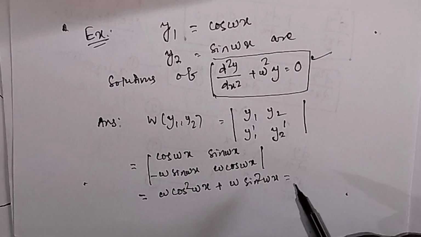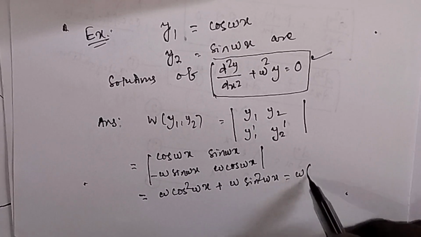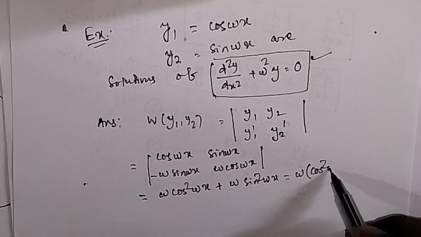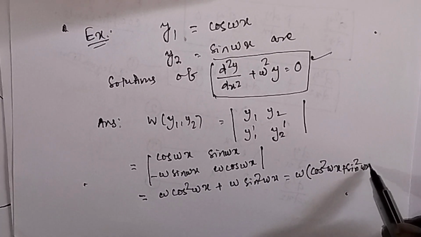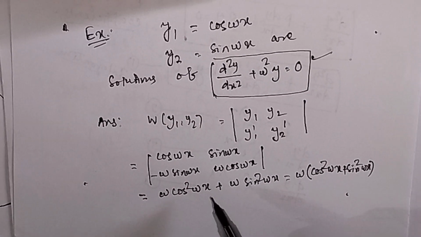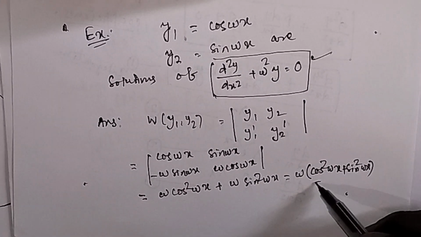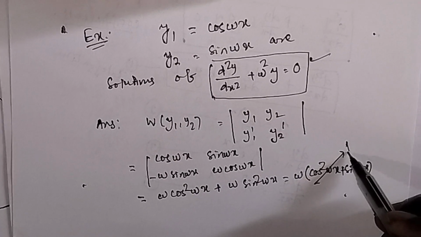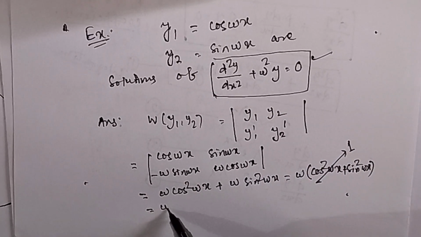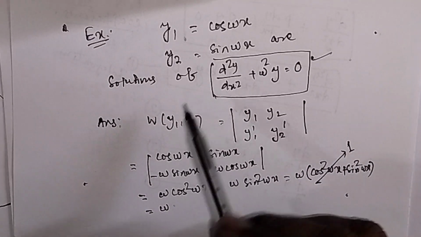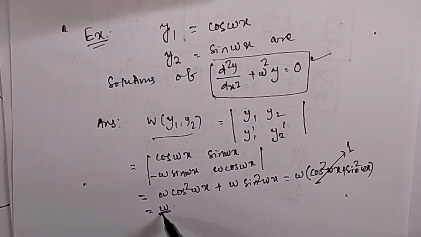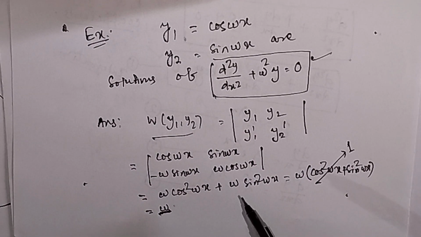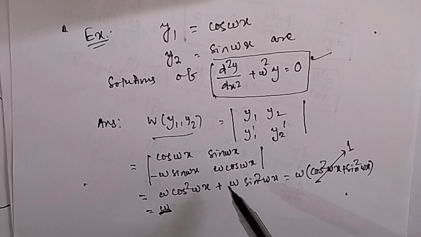If you take omega common, then in the bracket you have cos square omega x plus sin square omega x, and this is equal to 1. So the result will be equal to omega. You see the Wronskian is not equal to 0, and I have told you, if the Wronskian is not equal to 0, then